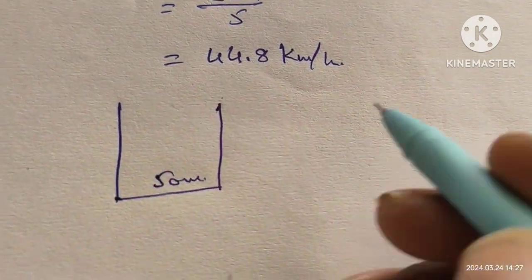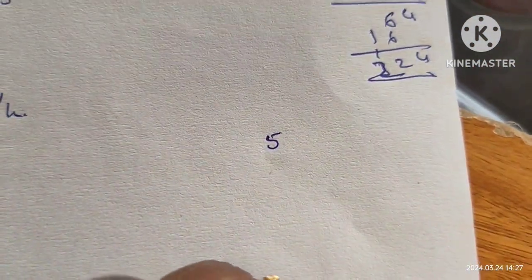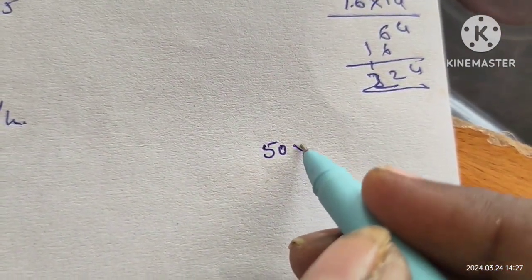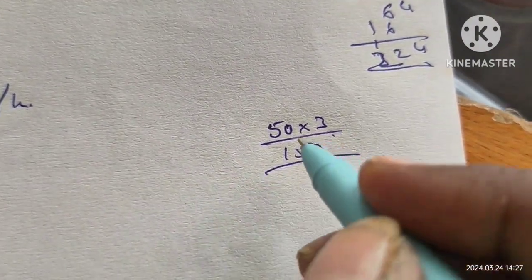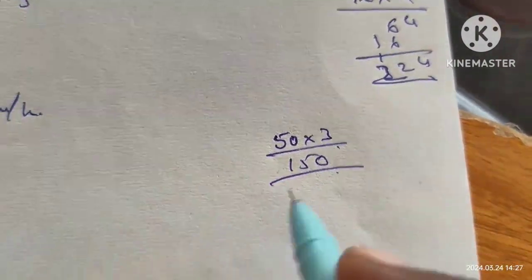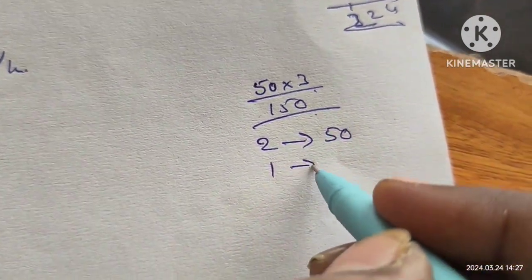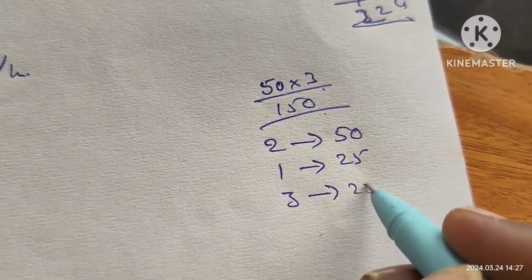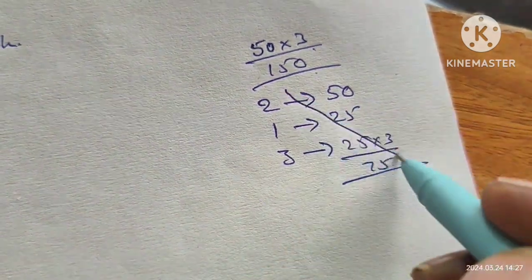Some members will think that two poles distance is 50, so three poles means 50 into 3. And some will do it as between two poles 50 and one pole it is 25, and then three poles 25 into 3. Some members will do like this. It's completely wrong,